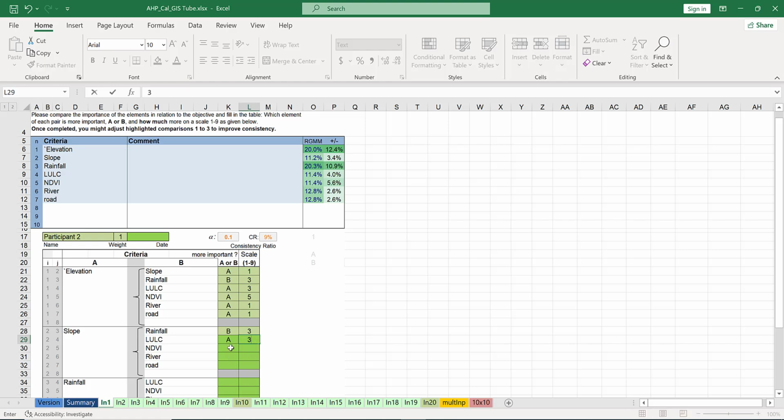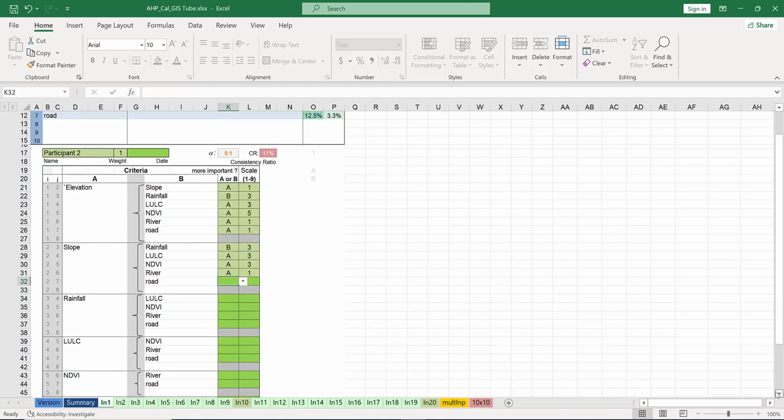Remember, 3 means more important. Slope against NDVI. So slope is more important. Okay, great. Slope against the river. So equal importance. As I said, this judgment must be approved by indigenous knowledge, teachers, and